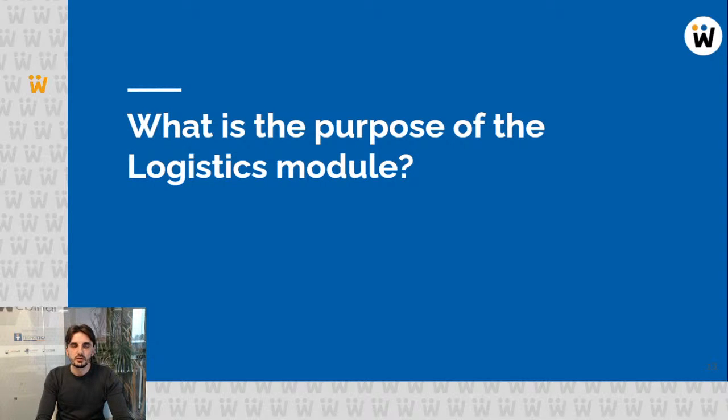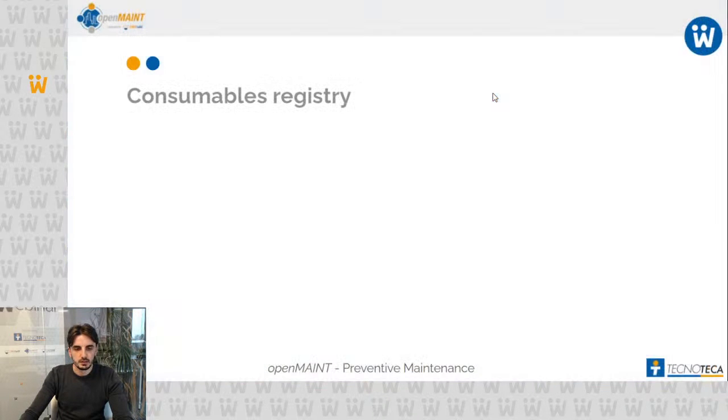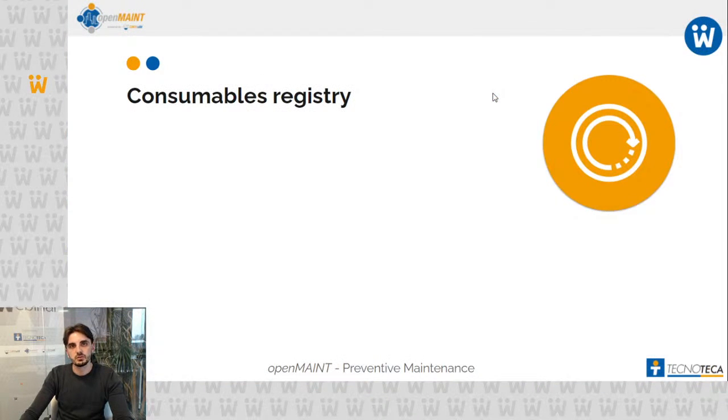So how many are available, where they are located, how many have already been consumed or used by my employees, and other information similar to that. This way I always have, let's say, a good idea of how many items I have available, where they are stored, and how I can use them. I have to say the logistics module is much simpler than the finance one,